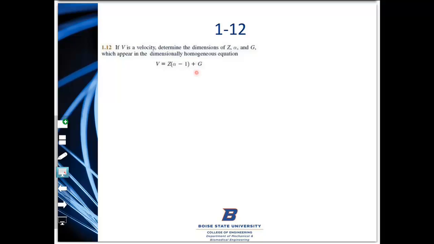So I expect that G should have the same units as V, since we are told it's dimensionally homogeneous, so G will have the units of velocity. Okay, let's do this. So you know that V has the dimensions L t to the negative 1, and if you want you can simplify the above equation as V equals Z alpha minus Z plus G. Okay, and we said for a dimensionally homogeneous equation,